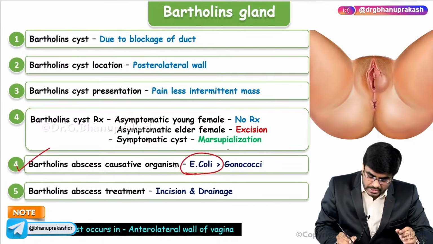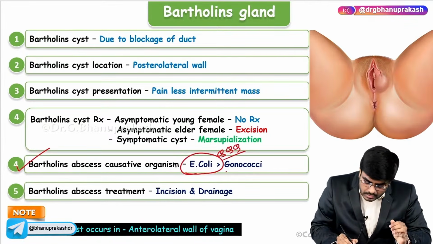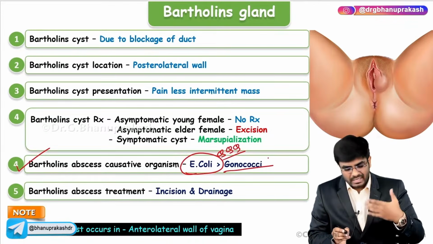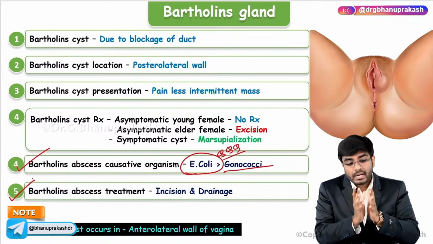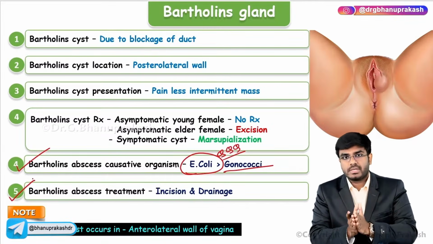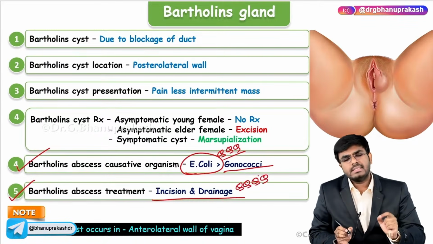It is the E. coli, MCQ. The organism which is causing the Bartholin's abscess most commonly is E. coli, and next we can have gonococci and chlamydia and so on. Now, if it is a Bartholin's gland abscess, what is the treatment option? If it is an abscess, it is incision and drainage, and the point which needs to be worth noting is